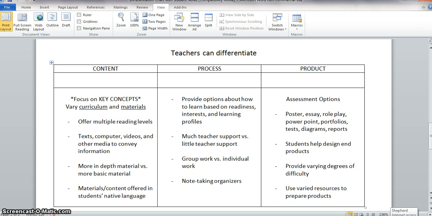Hello, this is Dr. Heather Lee, and this is a continuation of a discussion about differentiation in the classroom. We've been talking about a model of differentiation by Carol Ann Tomlinson. In the previous video, we talked about principles of differentiated instruction and a definition. And in this video, we'll talk about how teachers can differentiate content, process, and product based on students' readiness, interests,